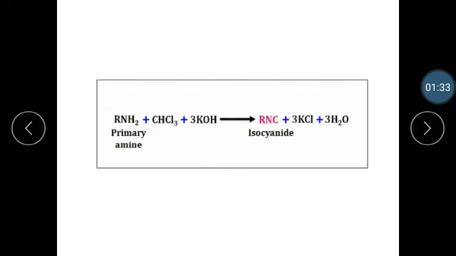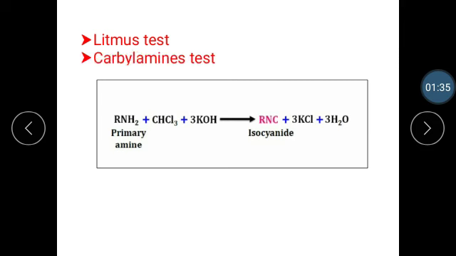The first test for amino group is the litmus test. Procedure for litmus test: take moist red litmus paper, place 1 to 2 drops of the given organic compound on it. Observe the change in color of the red litmus paper. It turns red litmus paper blue. Amines are basic in nature, so they turn red litmus to blue. The change in color of red litmus paper shows the given organic compound is a base.